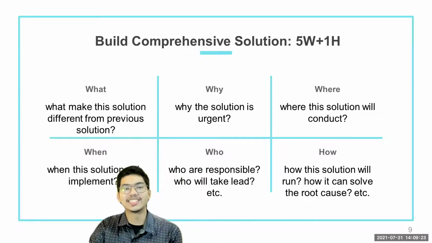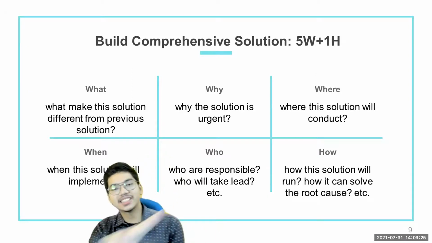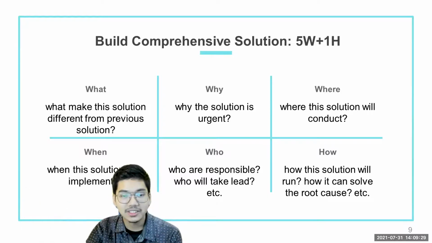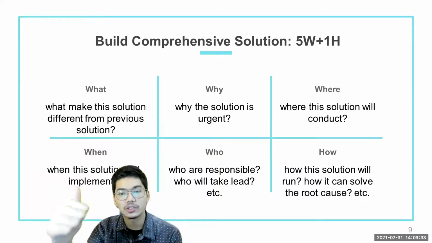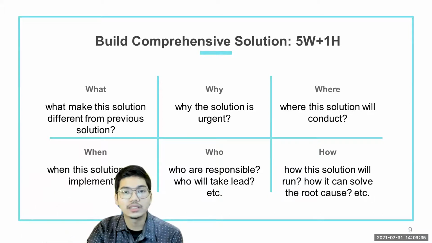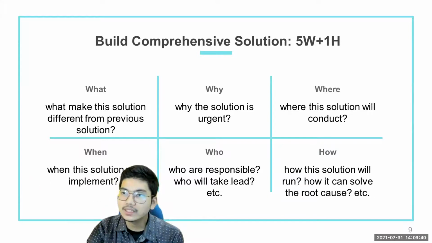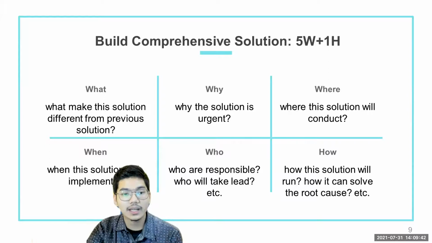Okay. Yeah, this is a general part. Make sure that your position paper answers 5 W's and 1 H, right? The what, the why, the where, the when, the how, and also the who. So make sure all of these are answered, right? If you want to combat COVID-19 using vaccination,